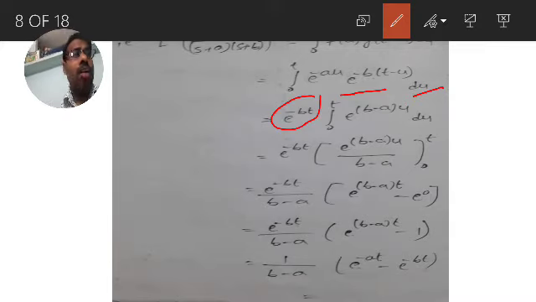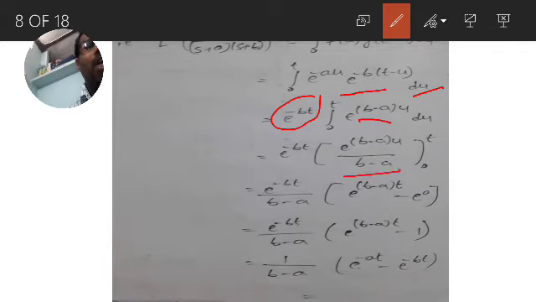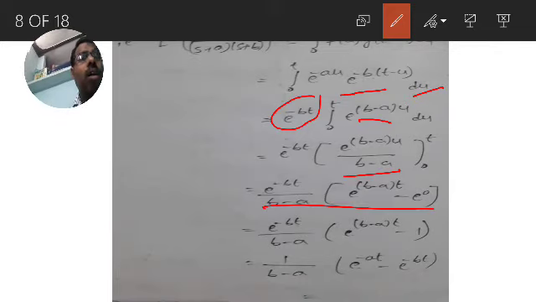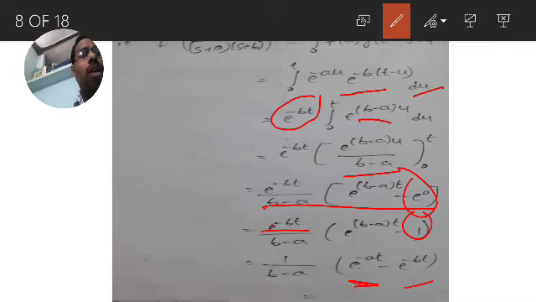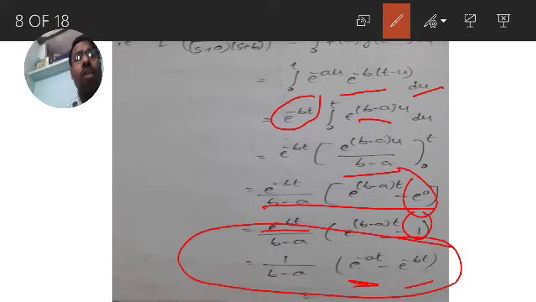Now integration of e power of b minus a into u du, b minus a is constant. At place of a you are having b minus a, so integration of e power of b minus a into u is e power of b minus a into u by b minus a, limits 0 to t, upper limit minus lower limit. Now e power of 0 is equal to 1. Now multiply e power of minus bt, and the plus bt cancels, you will get e power of minus at, 1 into e power of minus bt. So what is the answer? 1 by b minus a into e power of minus at minus e power of minus bt.